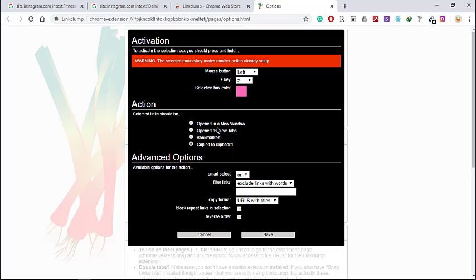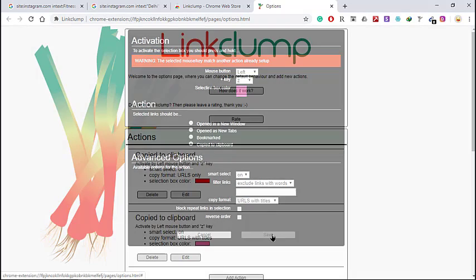It can do multiple things, but you want all the URLs to be copied to an Excel sheet, so that you will do. We need the titles as well, so I'll click on URL with titles. Now, how does this work? You just have to press the button Z, and then left click and drag. It automatically gets copied to your clipboard.